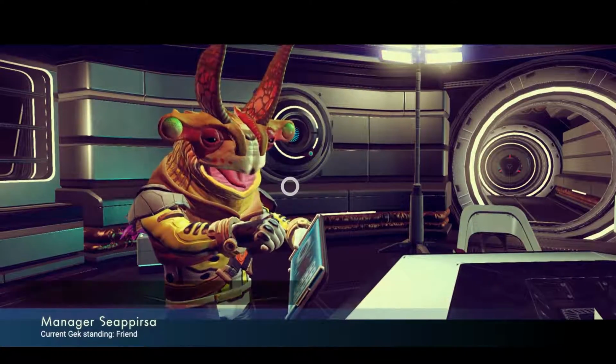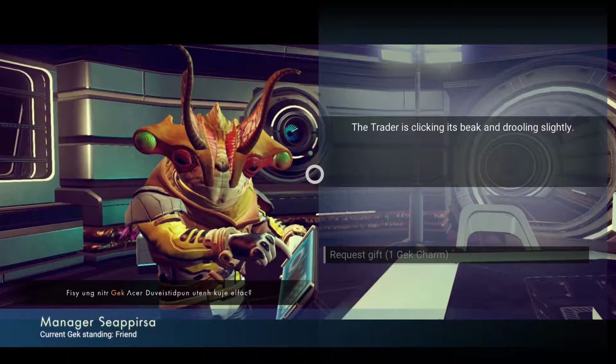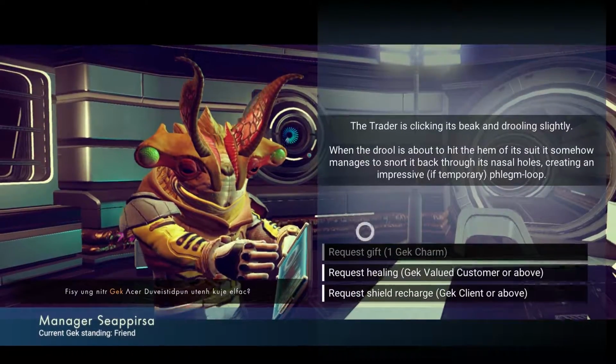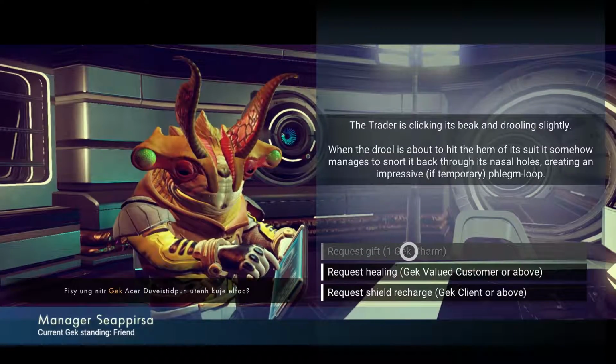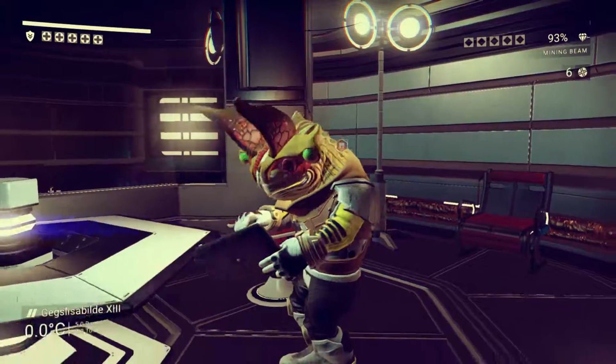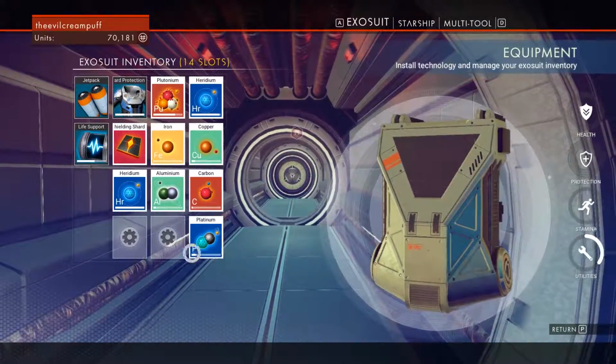Hello. Fisiung Nitagek. The trader is clicking its beak, drooling slightly. So I can request a gift, if I've got a Gek charm. I do not have any Gek charms at the moment. I really would like to know if there's any way I can increase...